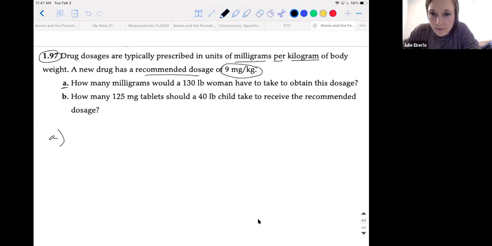Okay, what is our question asking for? What units do we want? Okay, yeah, read closely. It says how many milligrams? How many milligrams of drug? And remember, milligrams, sorry, Bailey, it's just a technical thing. That's a lowercase m. So we're looking for units of mg, lowercase m, in our answer, all right? How many milligrams of the drug does this woman need to take? And she's 130 pounds. So somebody tell me, where do you want to start? Where could we start with this?